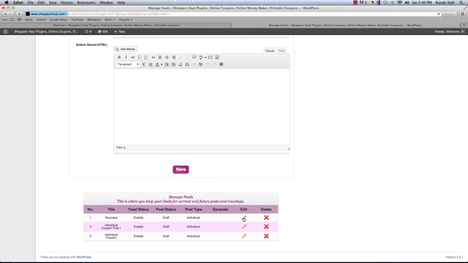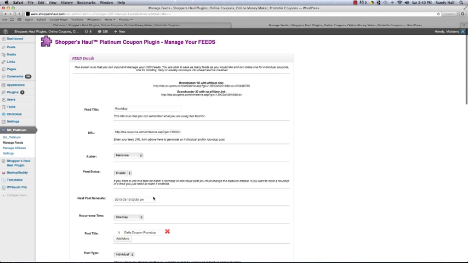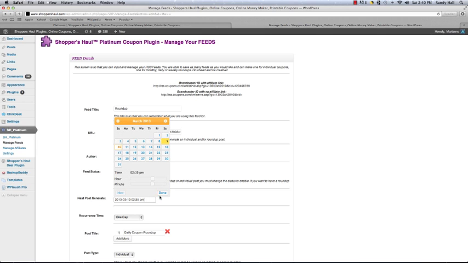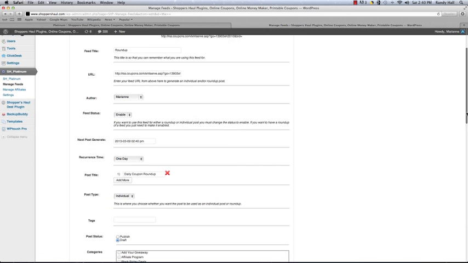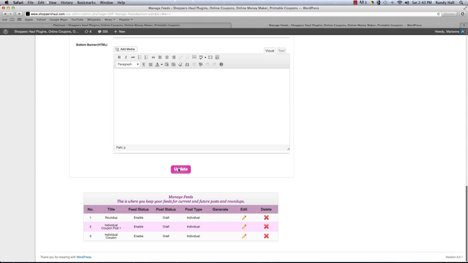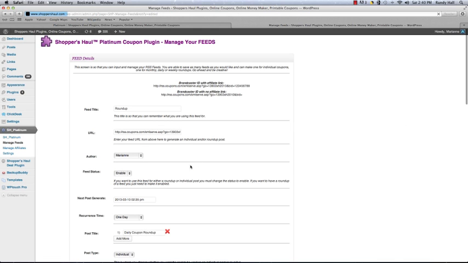So let's look at my roundup here and see when the next scheduled time is. Because we want to show you a roundup. So I have the time scheduled at 2:35. So it missed the time that I had allotted because it took me too long. So I need to actually reset the time for now. And I have to go back in and I have to generate this manually because I missed the timing because I was too slow. So you would actually have to go in there,